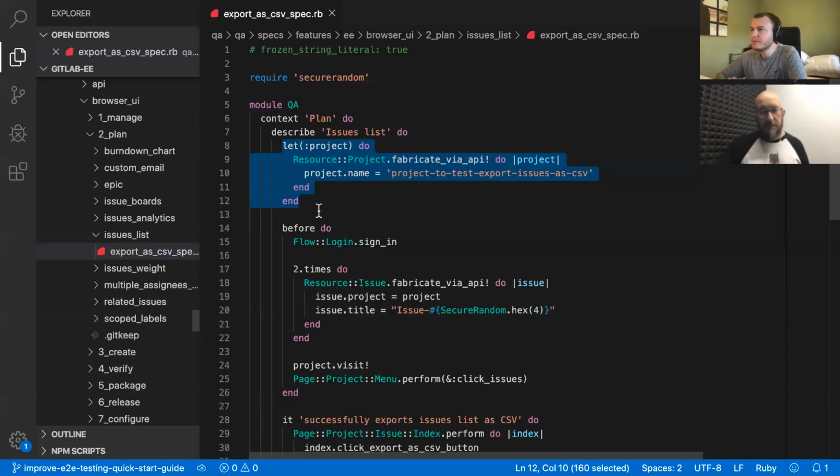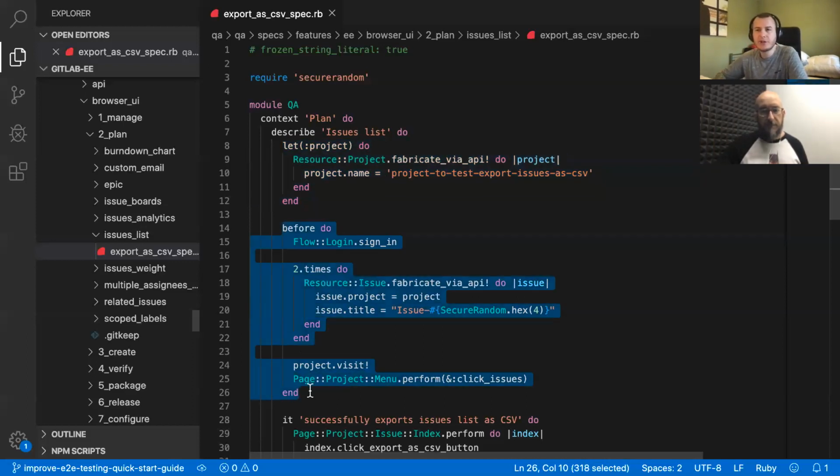Yeah, so moving on, then this is something that we use before for the preconditions of the test when it's not related to what we want to test. So, for example, I want to sign in first, I want to create some issues in the beginning, and I want to visit the specific page so that I can test that specific thing. One thing that is worth mentioning in here is that, I don't know if it's still an issue, but I think it is. We have an issue which is